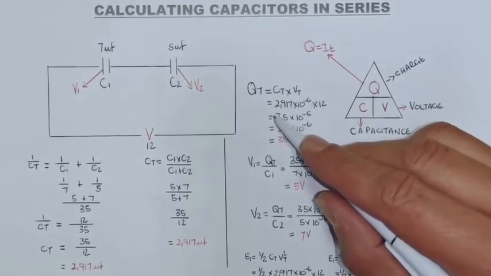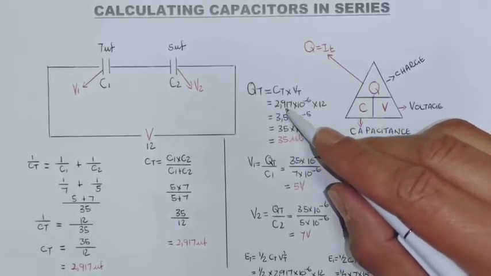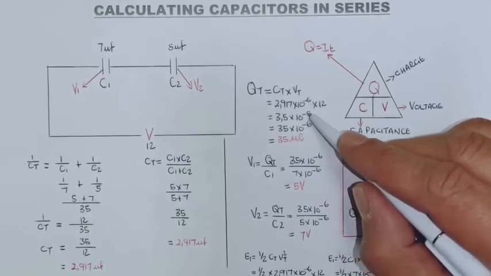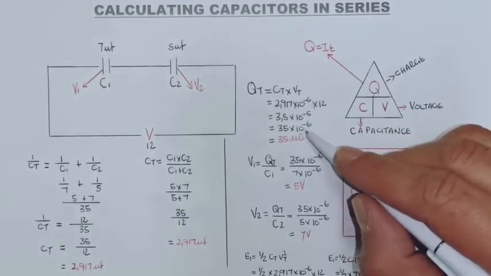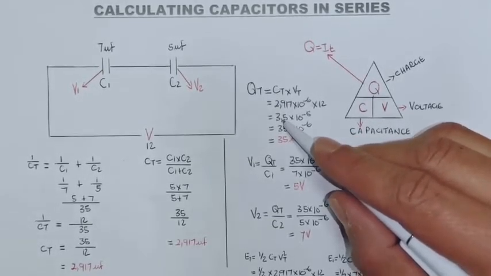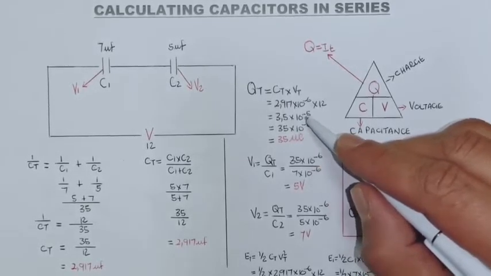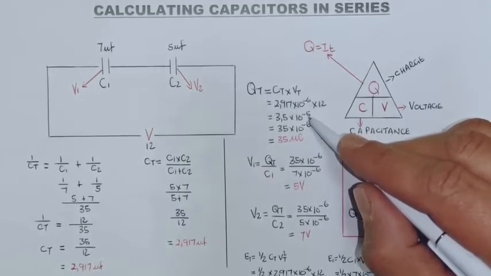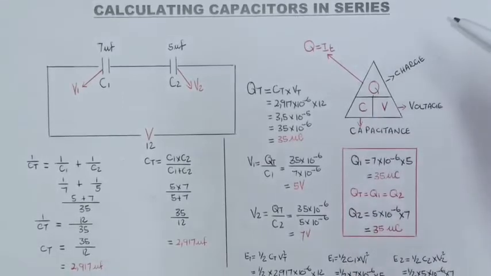I just want to go back to this part here. Sometimes you will see that if you press these values into the calculator, you will get either 10 to the power minus 5 or 10 to the power minus 4. You need to convert that to 10 to the power minus 6 on your calculator. Or you can just say, if I shift the comma one place, then I must also change the power. Alright, and that will give me 35 microcoulomb.